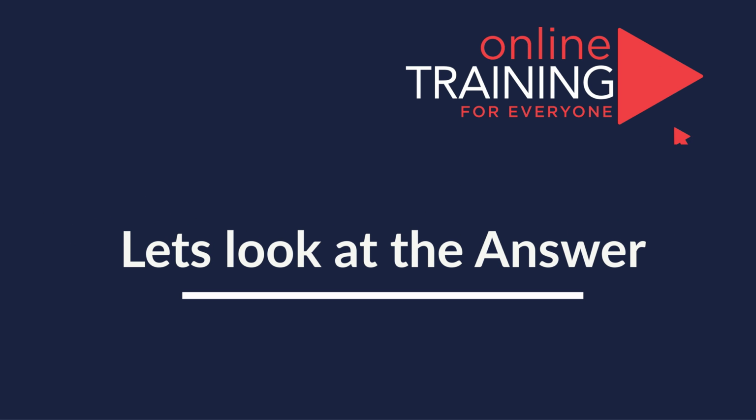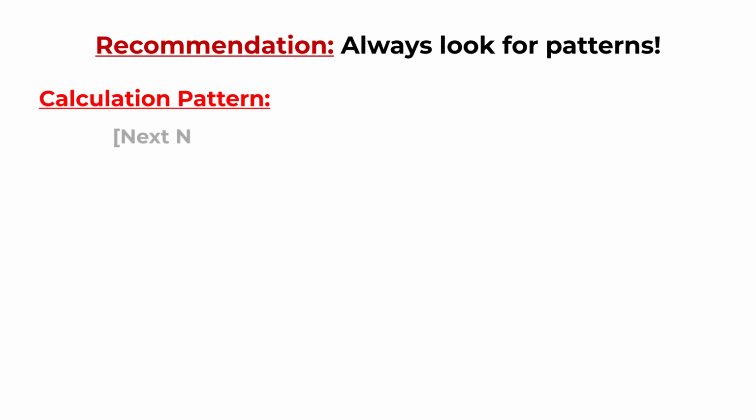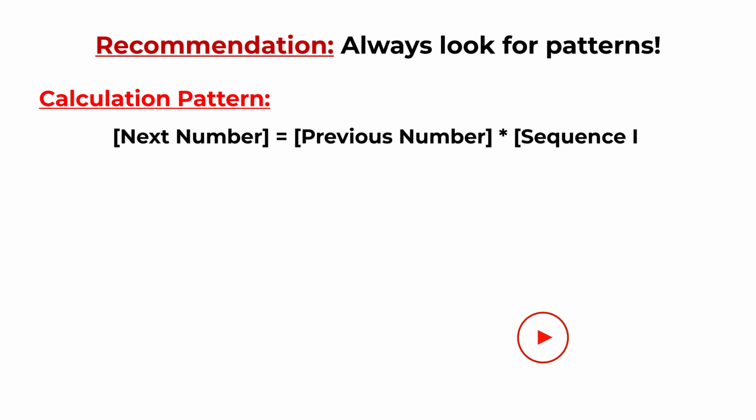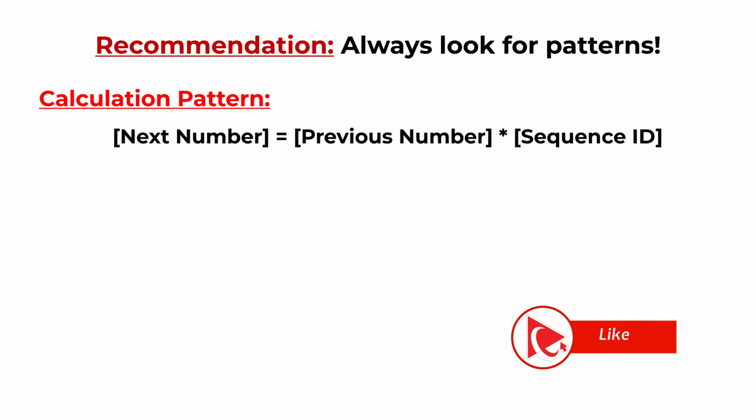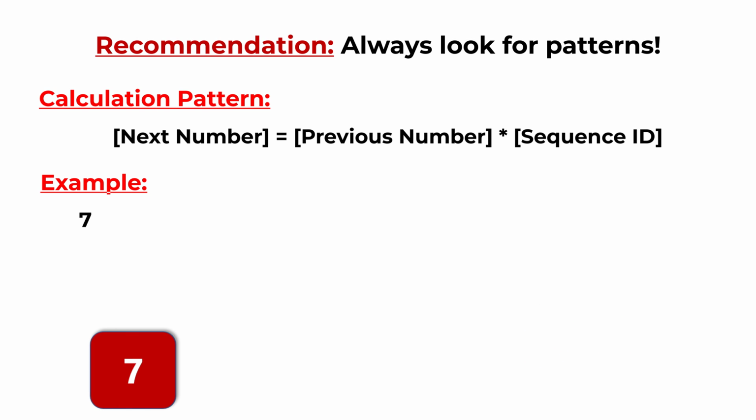As usual, my advice to you, always look for patterns. And in this case, the pattern is that the next number is calculated as multiplication of previous number and sequence ID. For example, first number in the sequence is 7, which is not calculated. But to calculate the next number, we need to multiply 7 and 2, and the result of this multiplication is